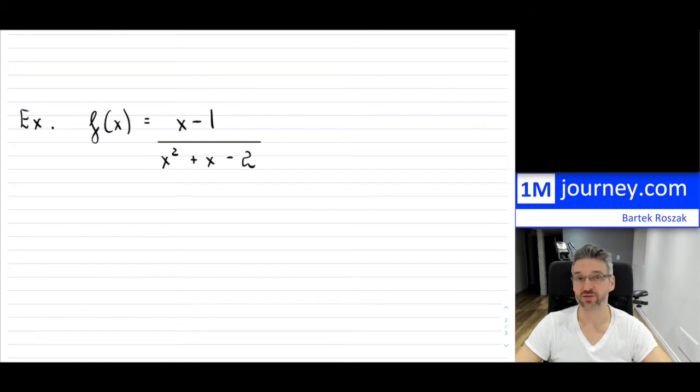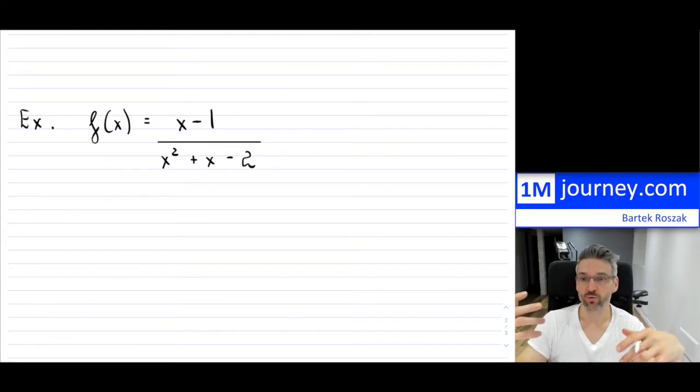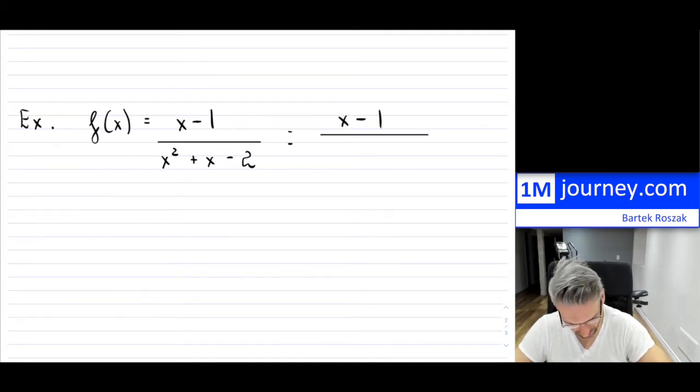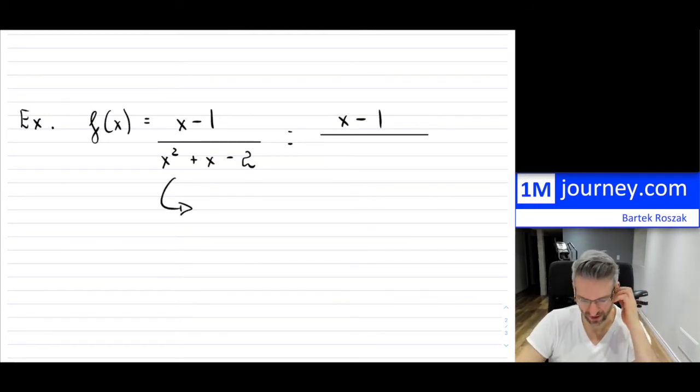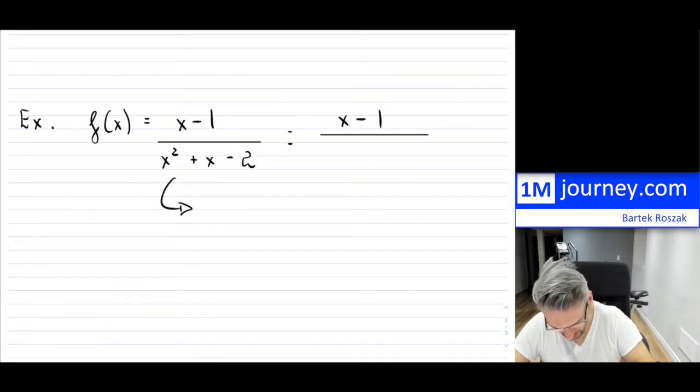And for rational functions, we can certainly sketch them. We have the tools to find out what the holes are, what the vertical asymptotes are, what the horizontal asymptotes are, and so on. So we know quite a bit about these from previous work. So now, if I break this one down, which I will, I'll take this, so x minus 1, and then in the denominator, I'm going to try to factor this. It's not always factorable, but I want to factor it because I want to find all the quirks in this particular function. x squared plus x, I guess,